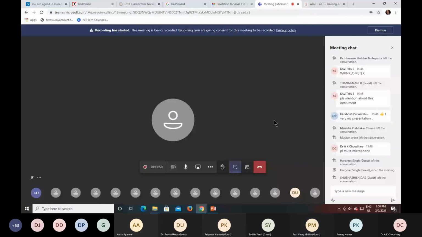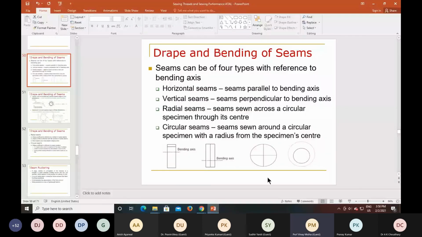Is there anything for fabric yarn content? For yarn content as such, there is no recommendation, but we have to see how tight the construction is. One parameter normally used for that is the weight, that is GSM. From that we can have an idea of how tight the construction is, and accordingly the type of sewing thread and needles are to be selected.